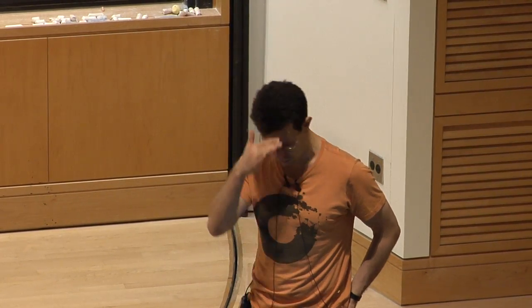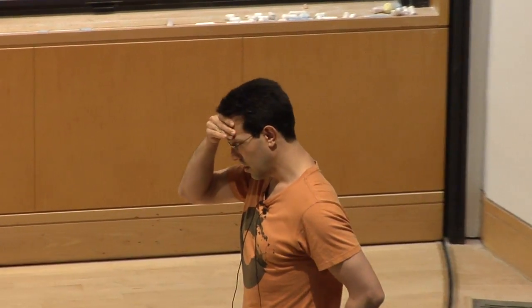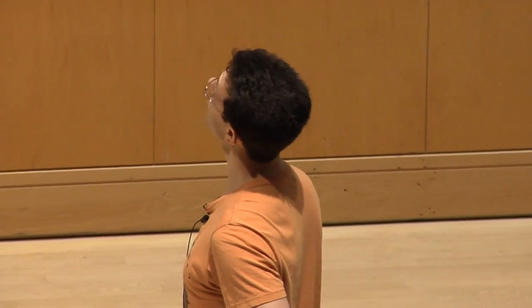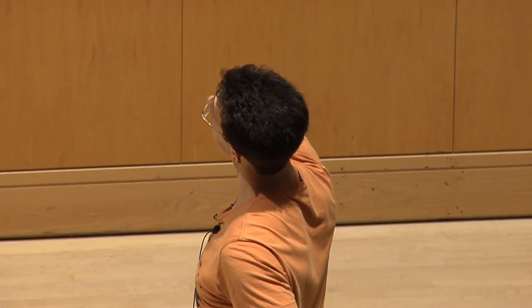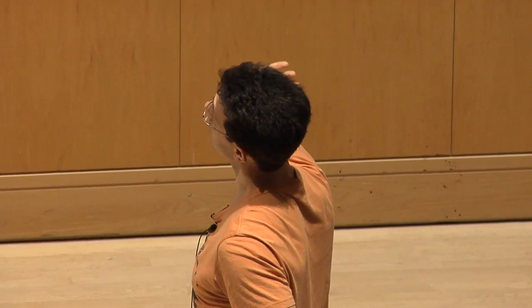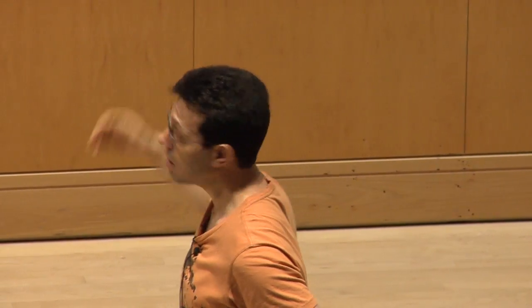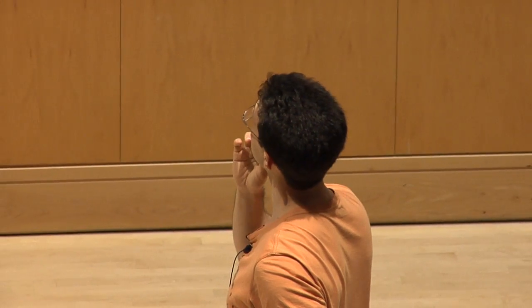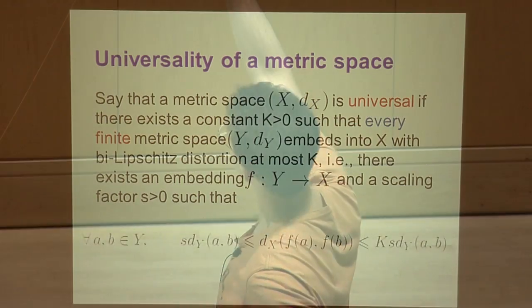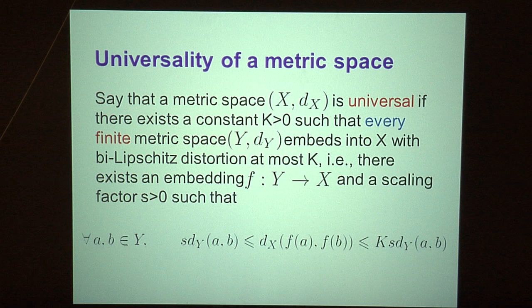And I want to start with the notion of universality. So it's going to be very simple. We're given a metric space, and we'll say that it's universal if there exists some constant K such that every finite metric space Y embeds into my given X with bi-Lipschitz distortion, which is this constant K, independent of Y. So I'll write down the definition once and for all. So whenever I discuss, saying embeds with distortion K,